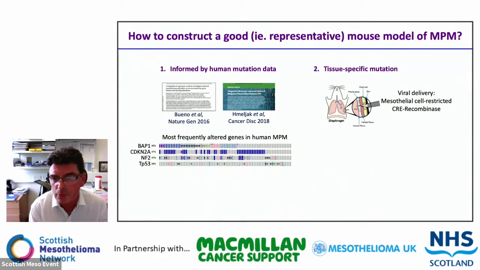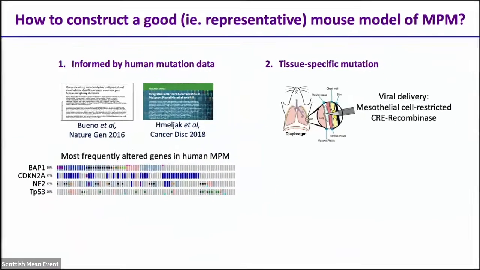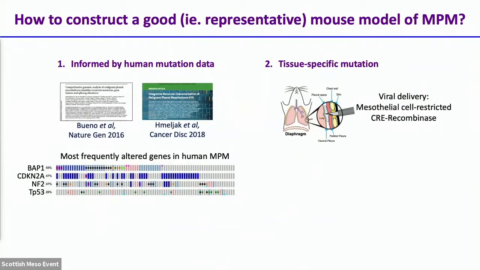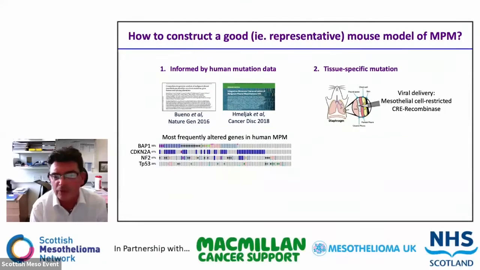The next element that we wish to include is that we only want to mutate these genes in the appropriate tissue. In this instance, this is within the mesothelial cells of the pleural space. And we achieve this through viral delivery. We use recombinant viruses to deliver the recombinase enzyme into the pleural space. The viruses penetrate into the mesothelial cells, and the recombinase is then expressed within those cells and introduces the mutations